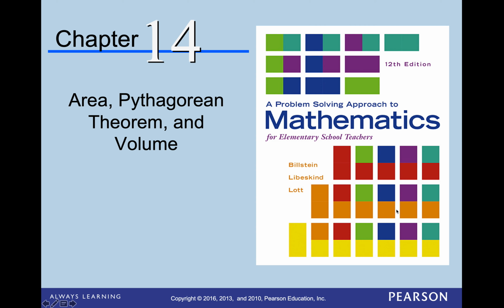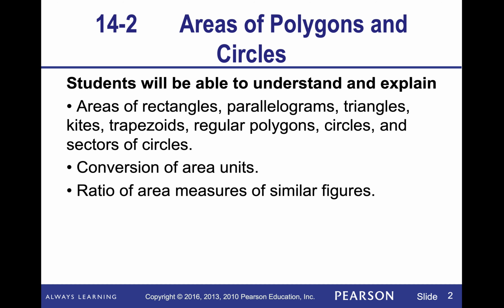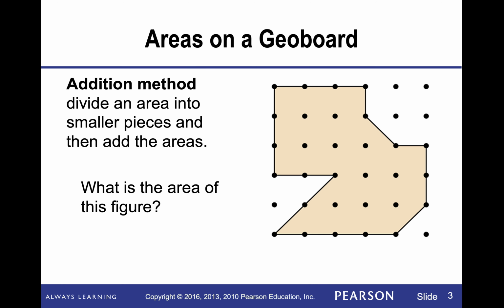Continuing our exploration with Chapter 14, now we're going to tackle the area of polygons and circles. I can think of the concept of area using what we call a geoboard. By using this geoboard, I'm clearly delineating different segments of area that can be measured with these little squares. So I can use the addition method to divide that area into smaller squares and then count up the number